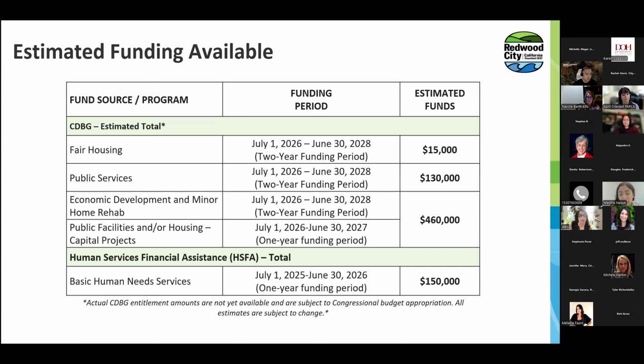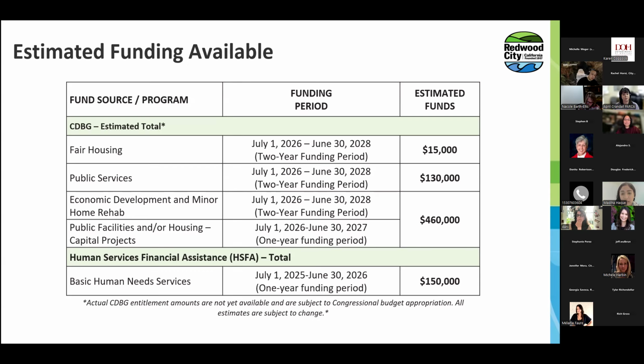These amounts are estimates for CDBG because the actual allocations for 2026 are not yet available, and they are subject to congressional budget appropriation. We also wanted to highlight that 2026 will be the first year the city is part of the San Mateo County HOME Consortium.